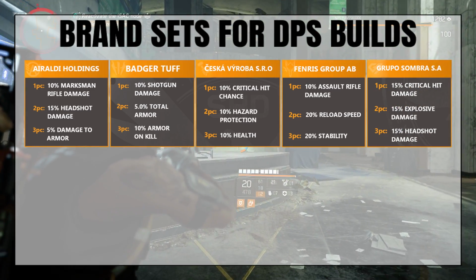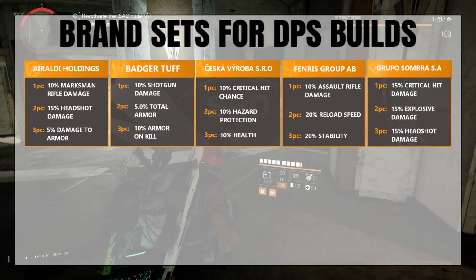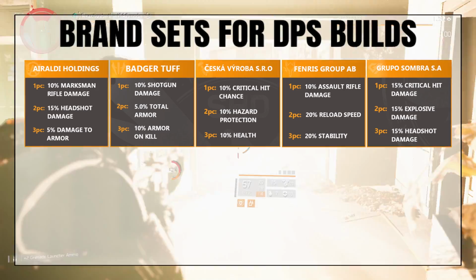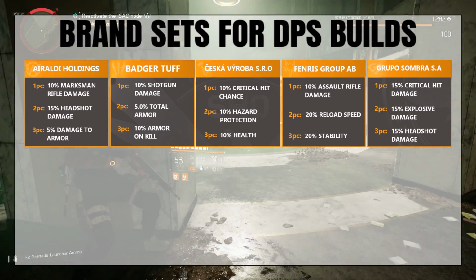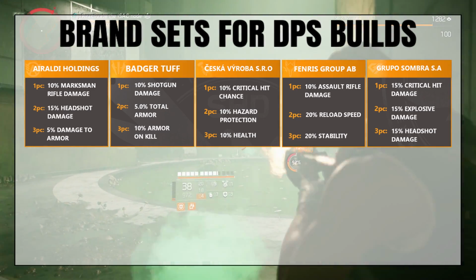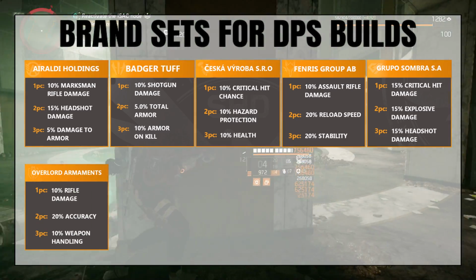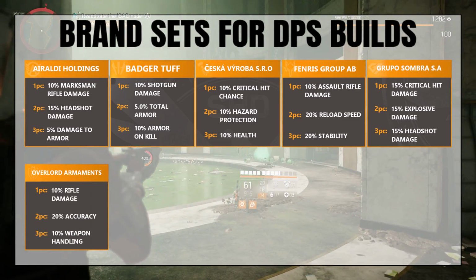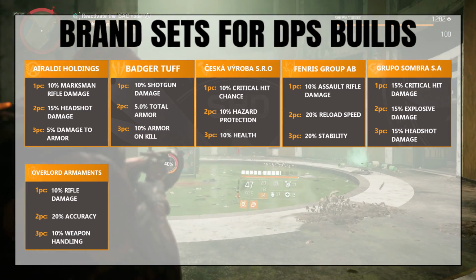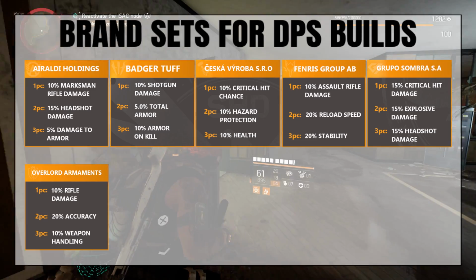Grupo Sombra is another great brand set for DPS builds, with just one piece of this giving you an extra 15% crit hit damage. A second piece gives you 15% explosive damage, which is pretty useless on a DPS build, but the third piece will give you 15% headshot damage. One piece of the Overlord brand set is needed for people who use rifles, as it will up your rifle damage by 10%. Two pieces of Overlord will come with 20% accuracy, and the third piece gives you 10% weapon